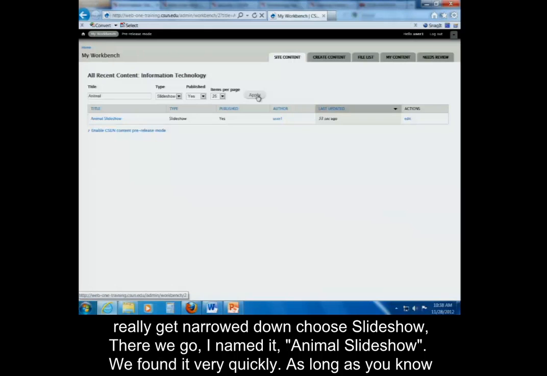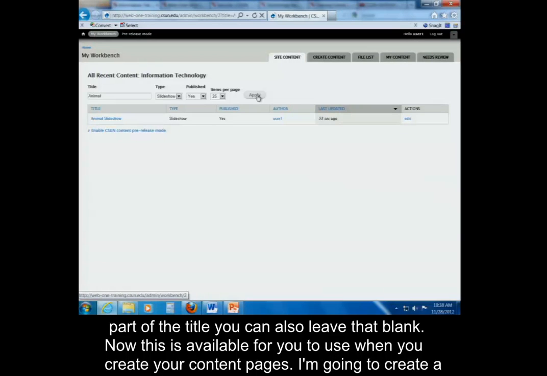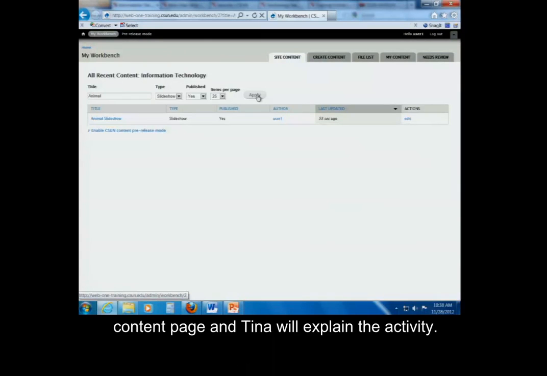As long as you knew part of the title, you can also leave that blank. So now this is available for you to use when you create your content pages. I'm going to create a content page, and then Tina's going to explain the